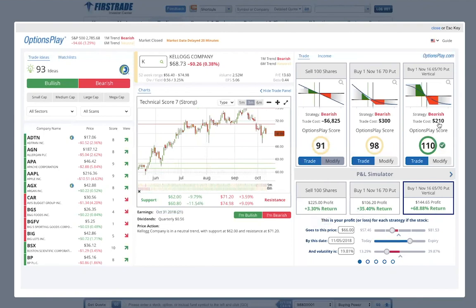But because this put vertical cost me almost a third less, notice how large of an impact it has on my return. Instead of making 35%, I'm making 68% return on this spread here. So there's a pretty big, significant reduction in cost here, which will show itself in the returns if I'm correct. This is a fairly modest move, down from $69 to $66, only a $3 move. This is the type of move that we saw just a few days ago when there wasn't even earnings. So if earnings were to miss, I think 66 is a fairly conservative target where I would probably consider trading